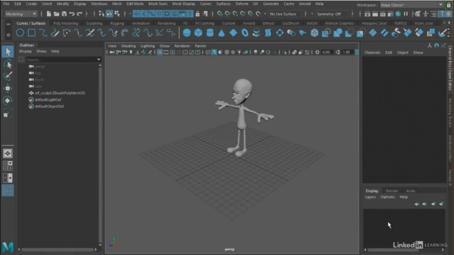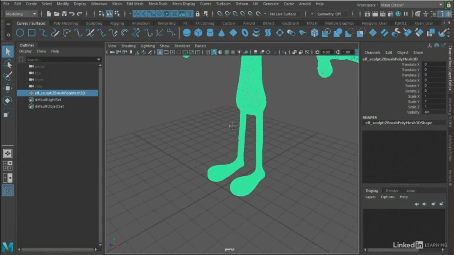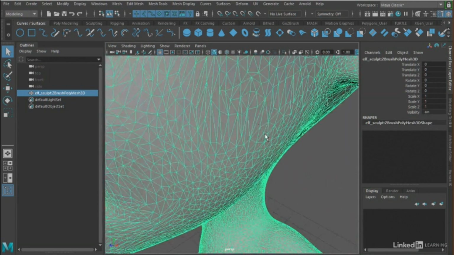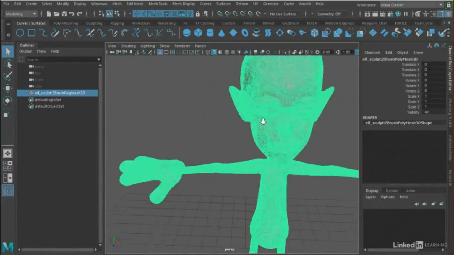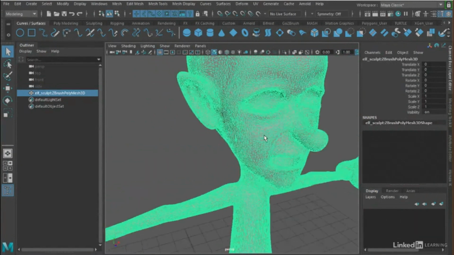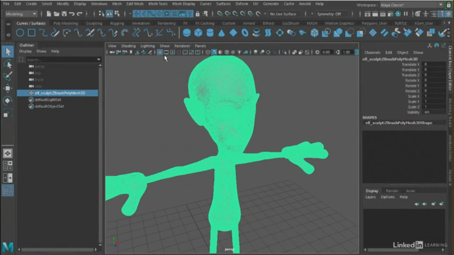One issue that you might run into if you're using your own file is that it might be a very heavy mesh. Let's go ahead and click on this and zoom in and see what this looks like. So you can see this is made up of a lot of polygons, but it's not so much that it really bogs down Maya. Now, if your model is really heavy, what you might want to do is go up